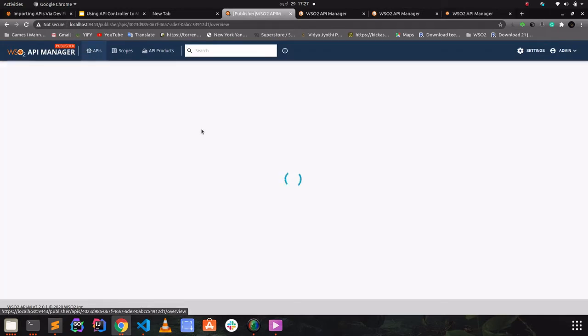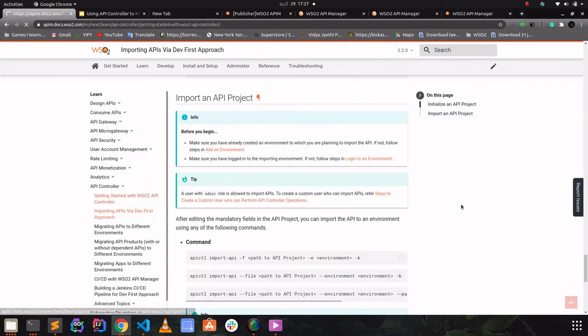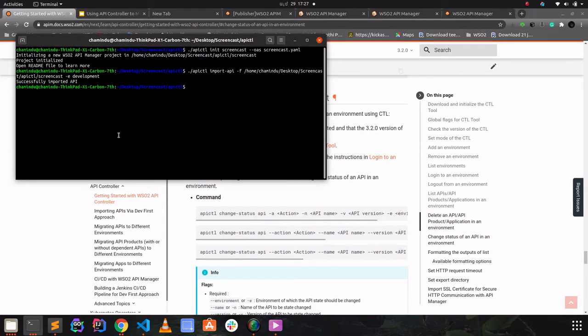As you can see, now the API is deployed in the API Manager Publisher portal. It is in the created state at the moment. If you want to publish this API to be visible in the dev portal as well, you can simply use the change status command provided by API CTL. Let me show that as well.